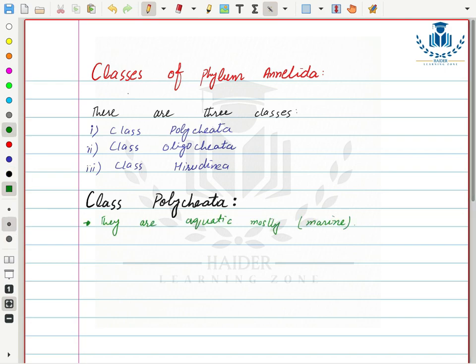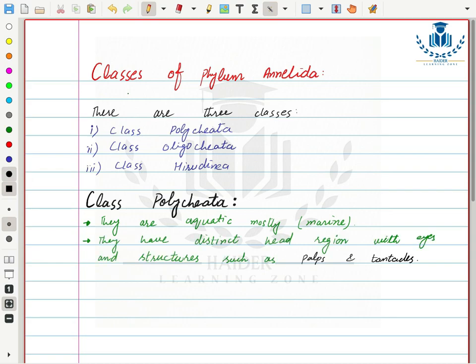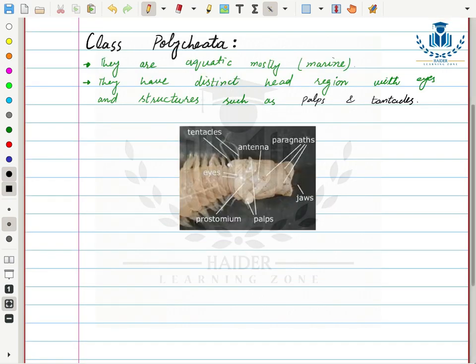The first property is that they are aquatic, mostly, and among aquatic habitats, their habitat is marine; they mostly live in marine water. The second property is they have a distinct head region with eyes and specialized structures for detection of chemicals etc., which include palps and tentacles. Here you can see this is the